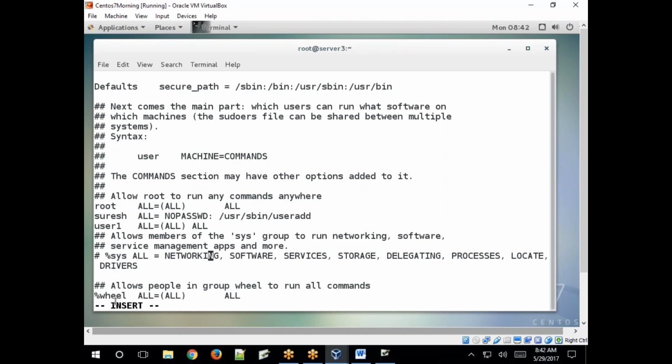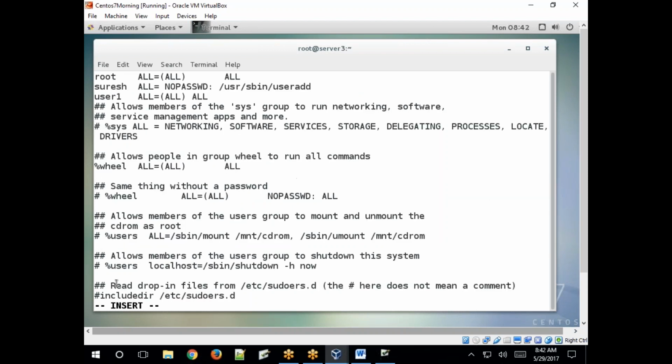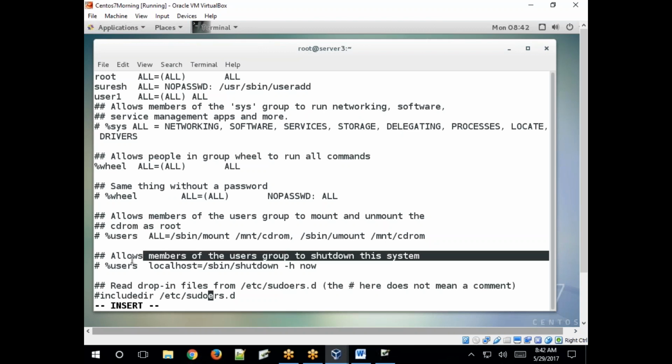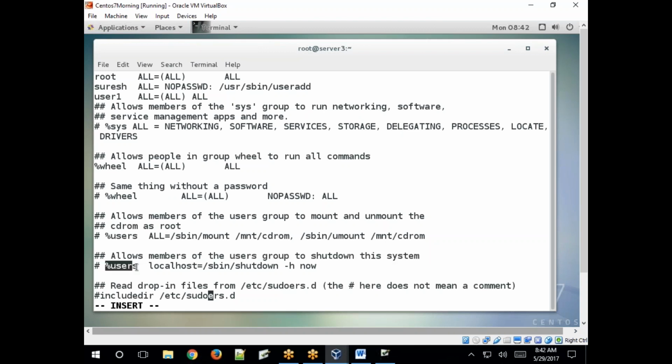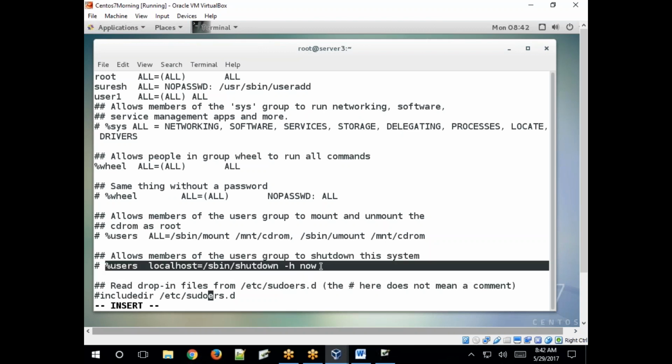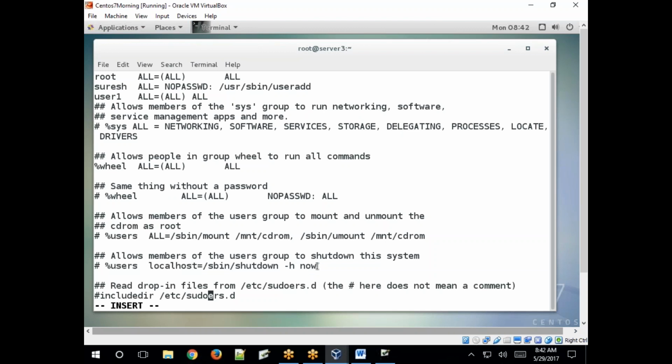Okay, see like this. So these are sudo users. So how to allow a user to perform administrative tasks. See, allow members of the group to shut down the system. So if you want to allow a user to shut down, then add this user into that group, the users group.